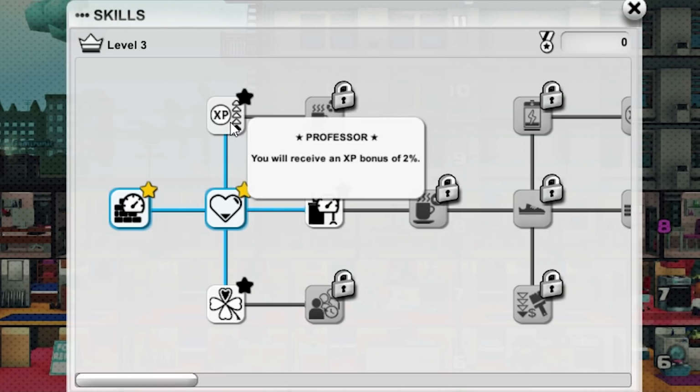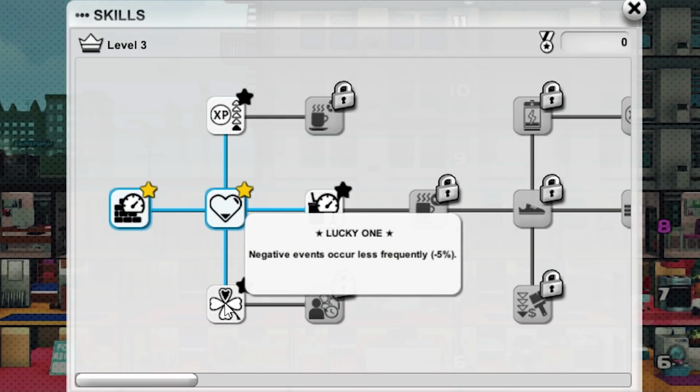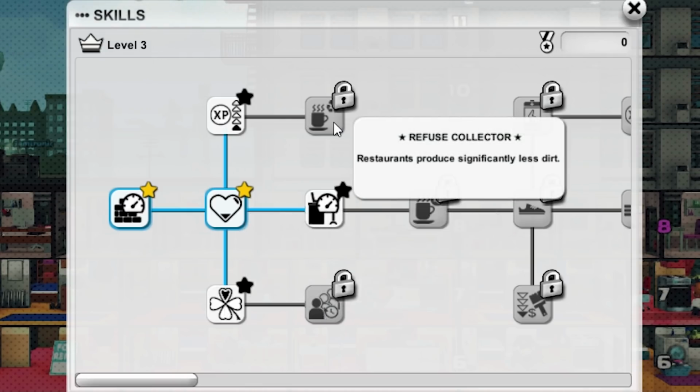And now we actually have options. We can go for 2% more experience, which doesn't seem like a whole lot. Engineer reduces the construction time of offices. Or Lucky One, negative events occur less frequently, minus 5%. Now, none of these skills really seem all that amazing for now, and so we're just going to keep going to the